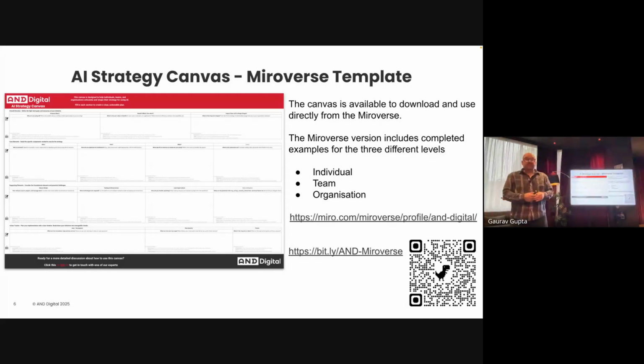As I said, it is really best used on Miro. But because we're in physical space, I thought I'd bring some physical versions so people can touch them, look at them, read them, and play with them. You'll find on the Miroverse template, we also use Miro AI. It gives you some ideas and helps you brainstorm. There's a whole load of interesting stuff on the Miro side which will help you. But for the people in the room, because you may not have your computers with you, we've got physical versions. Okay, people online, do they seem to be able to get it?